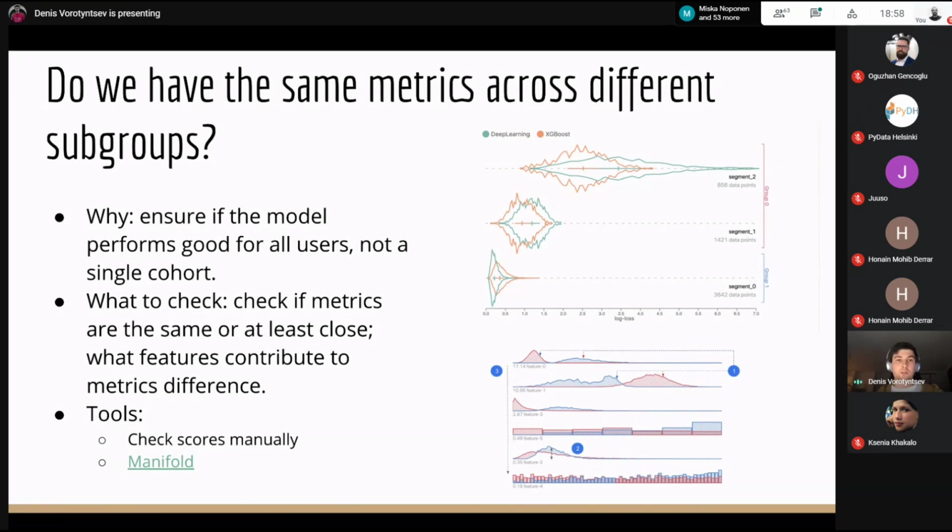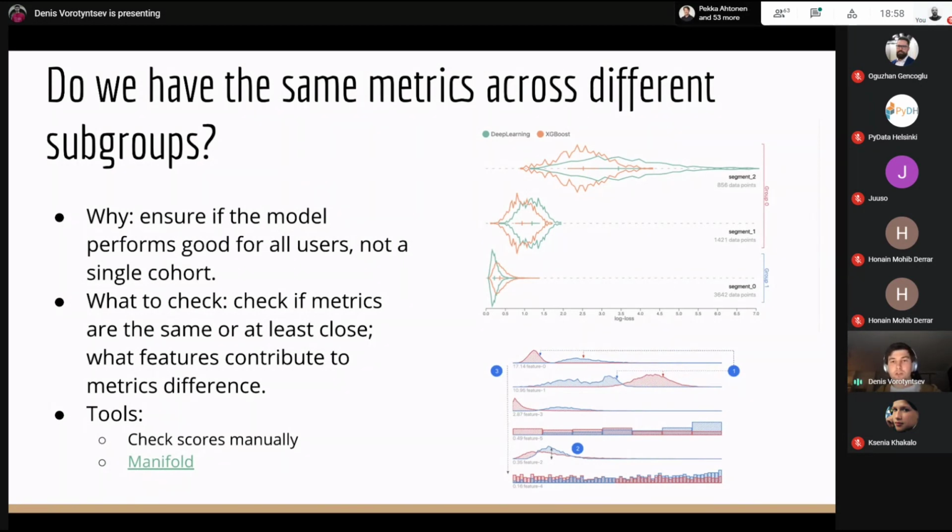And commonly, the performance of several models trained on different subgroups is better than just one model which fits them all. Personally, I use my own custom script, which just generates a report for a predefined set of groups of users, and I just check the scores manually.